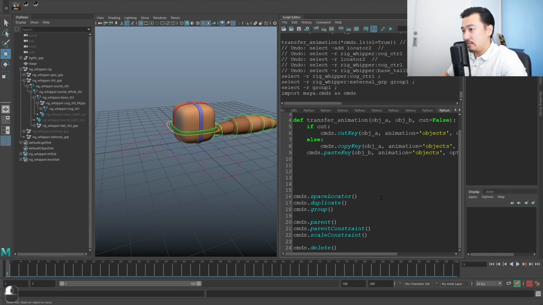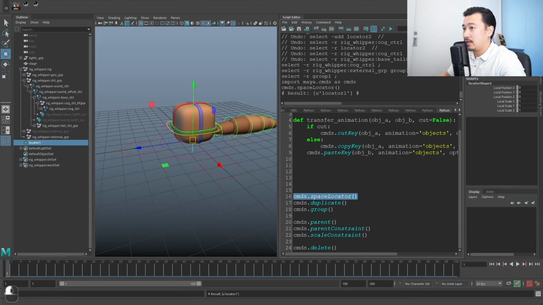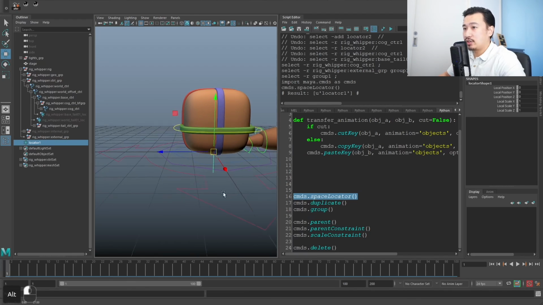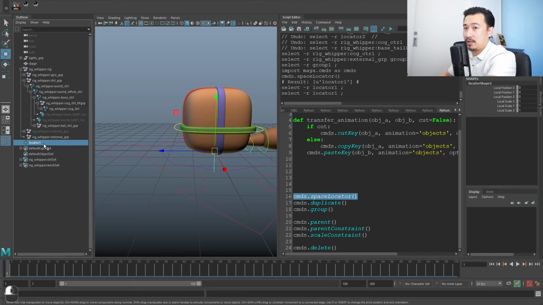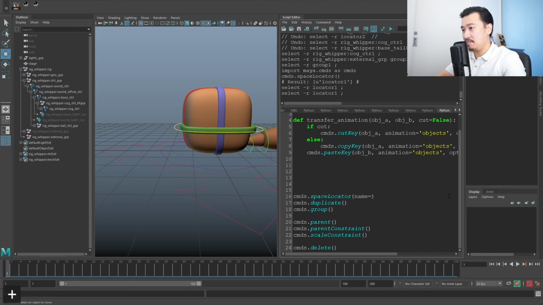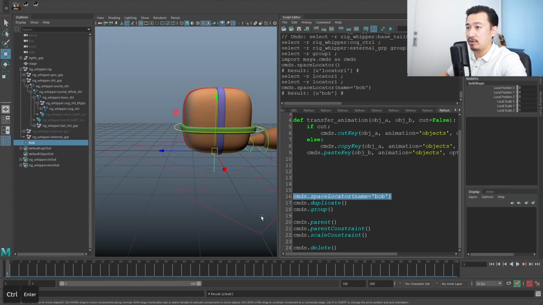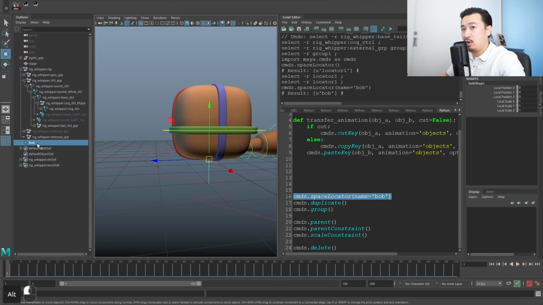Let's quickly go over each one. Space locator creates a locator, just creates it at the origin. Okay, nothing crazy about that. We can give it a name. I'm going to give the name Bob like this. Run the script. You can see it's created Bob locator, and it's named it Bob because we've given it the